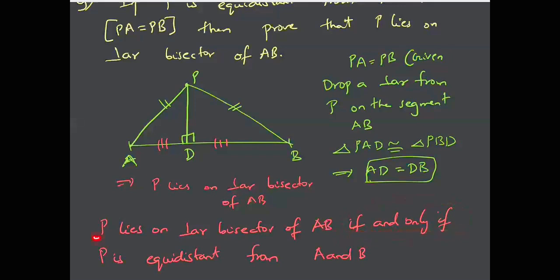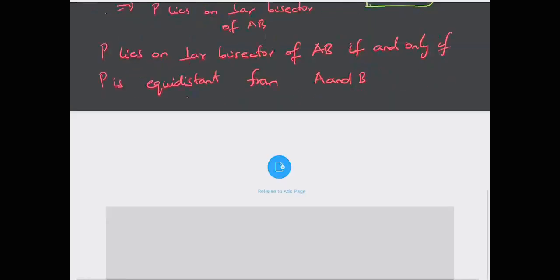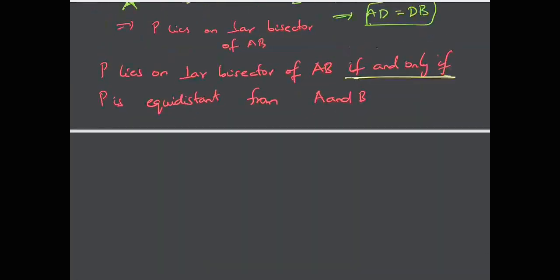That is, if P lies on the perpendicular bisector of AB, then I can say that P is equidistant from A and B. And if P is equidistant from A and B, then I can say that P lies on the perpendicular bisector of AB. So this is the meaning of if and only if. So let us just understand what this if and only if means in detail, because this is a very basic but very important concept. So say you have x is equals to 2, then you can imply that x square